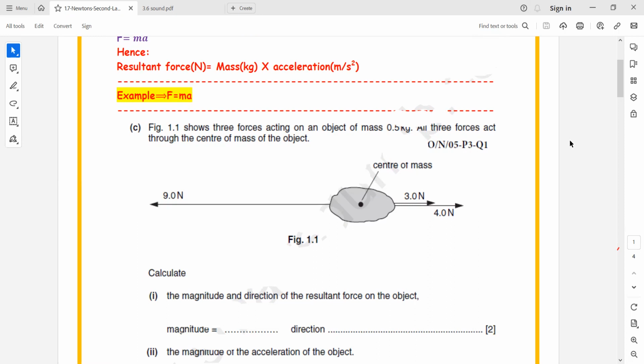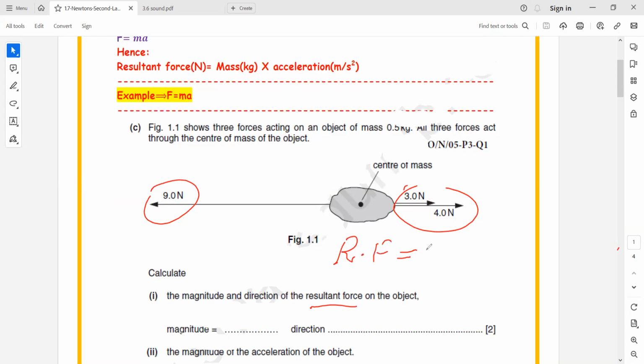And here you can see these are the three forces. One is 9 Newton, one is 3 Newton, and 4 Newton. The 3 and 4 are in the same direction. So in this question, you have to find the magnitude and direction of the resultant. Resultant force is actually the difference of two or more forces. As you can see, 3 and 4 are in the same direction, so they will add up, and 9 is in the opposite direction. So the resultant force